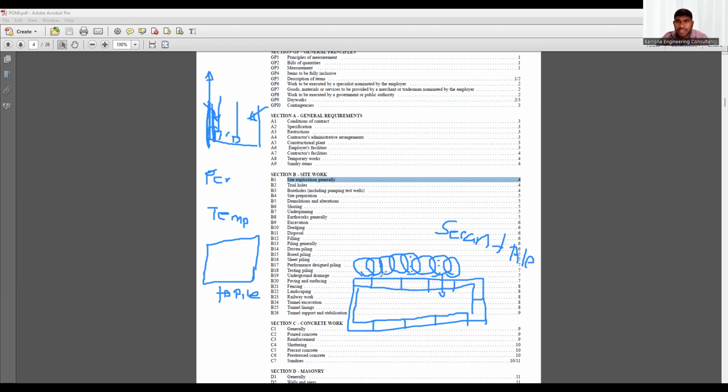Why is permanent shoring there? There are many reasons. First of all, in congested areas where the buildings are, for example in Abu Dhabi city, if you want to build a building, you cannot build it without a permanent shoring because all of the plots are very near. So you cannot do open excavation.